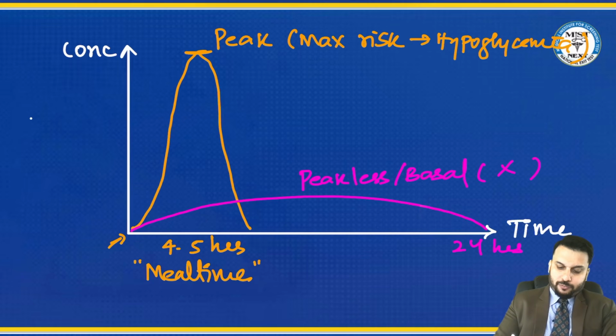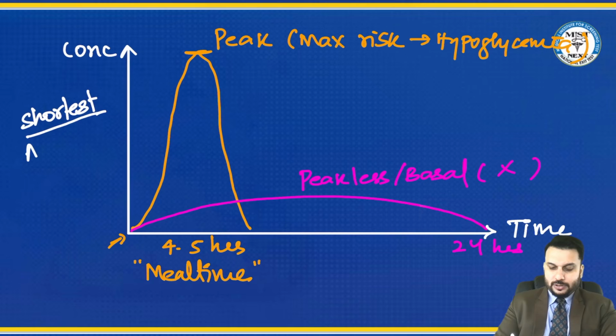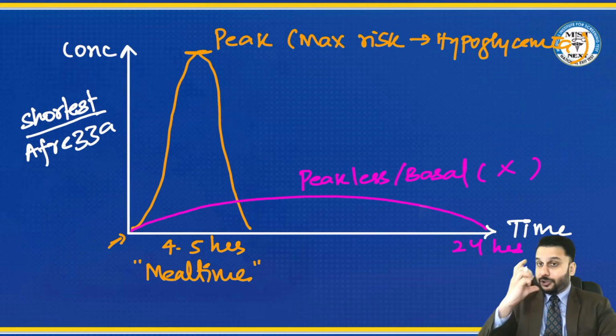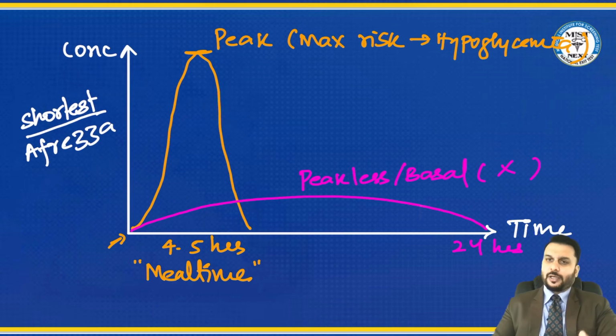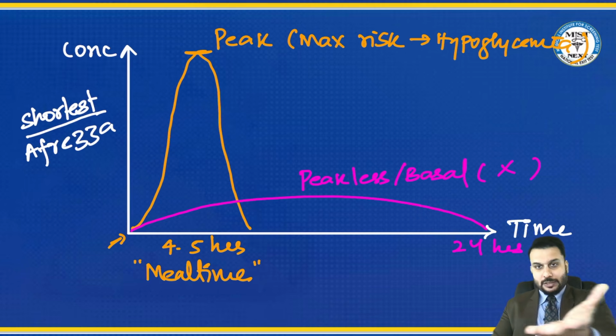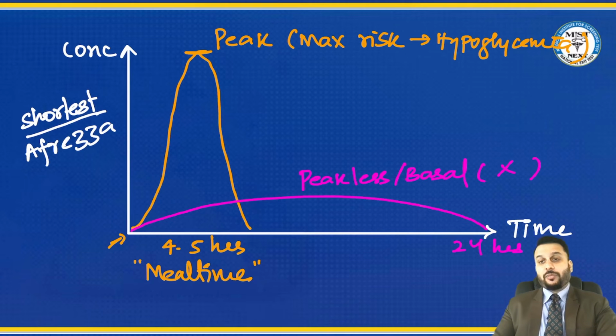Shortest insulin, if you talk, shortest insulin as of now, it is something called Afrezza, which is an inhalational insulin. Okay. And this works for around 2 hours. This is the one that you have to avoid in people with lung issues like smokers or lung problems, etc. This is the shortest acting insulin. And the longest acting insulins are the ones that you see here. Example, Degludec, Detemir, these kind of insulins.